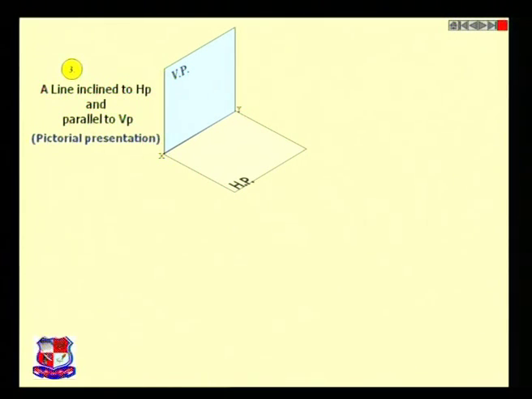We already know that these are our vertical plane and horizontal plane, and also we have the XY line over here like this. Now we have a line inclined to HP like this. At some angle a line is resting on HP, but it is not on the vertical plane. It is not lying on the vertical plane, but it is inclined to HP at some sort of angle. Now what if we